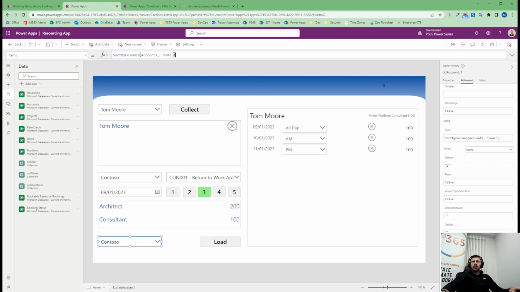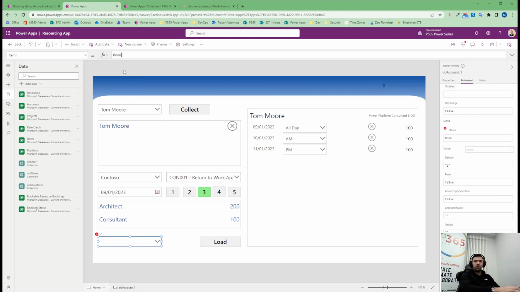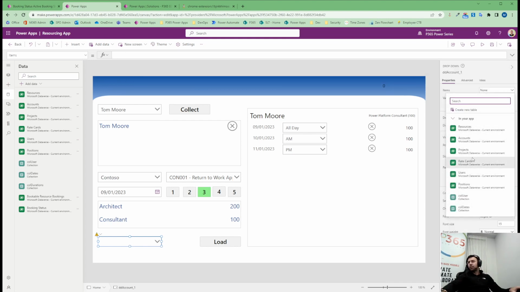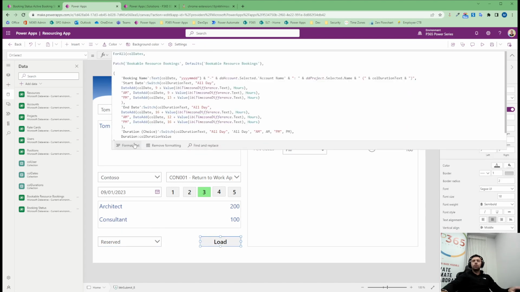Now what I'm going to do here for the items of this is I want booking. I can do that over here. I don't need to do it there. I'm going to have booking statuses, and I'm going to have name. Got reserved and confirmed, which means because we're populating a lookup,